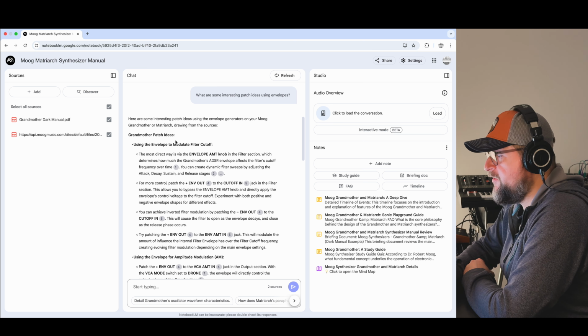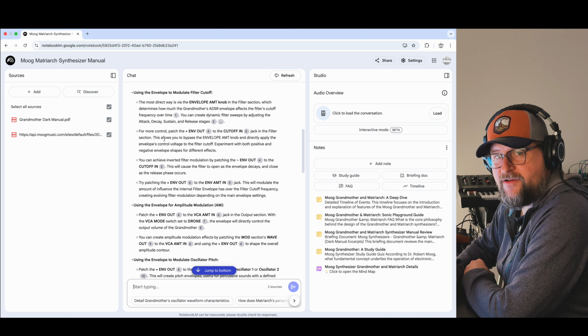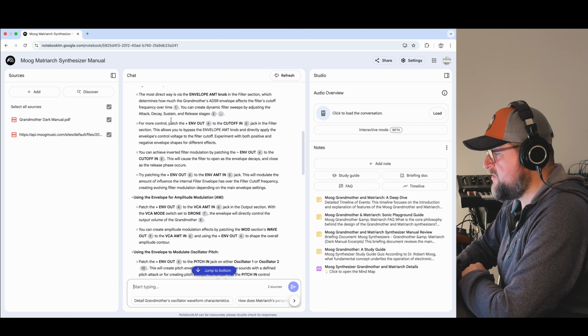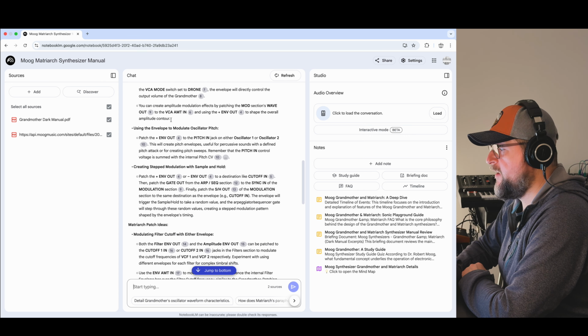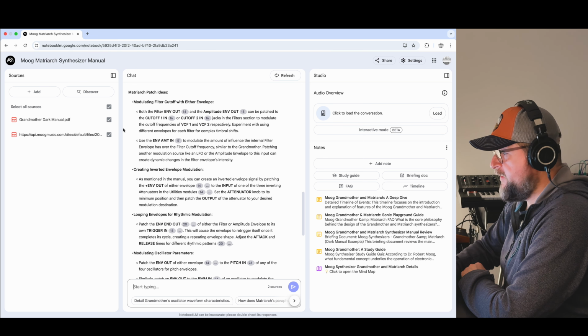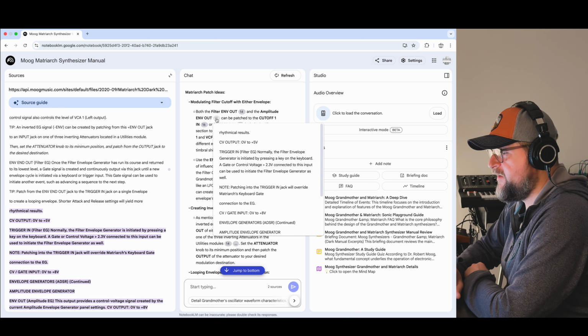Again, it's pulling from the Grandmother manual as well. It's put into a way that's really easy to read. Sometimes the manual is a little more technical, but I find that this is a more conversational way of understanding the manual. And then it gives you citations from the manual. So if you want to look specifically at the source, you can just click on any of the citations and it'll take you there. Kind of bonkers, actually. What's even more bonkers is, let's say,